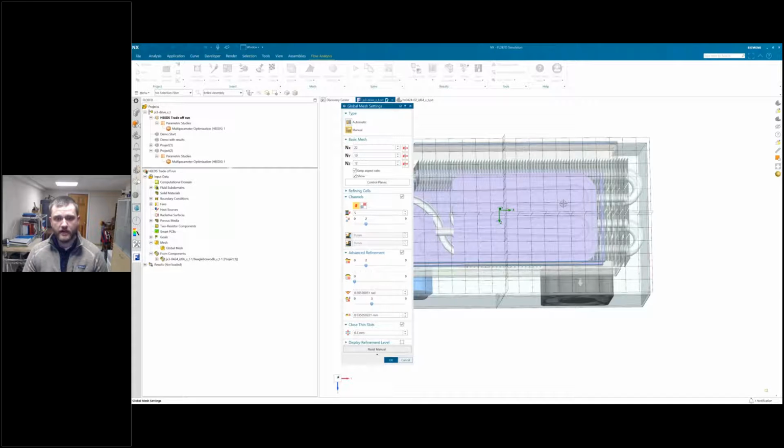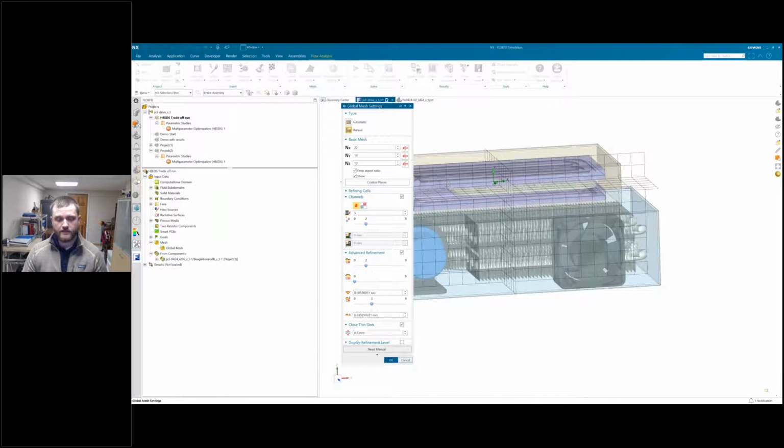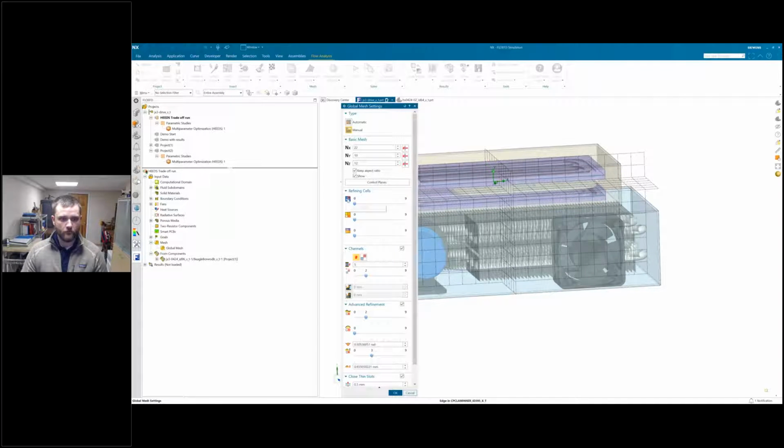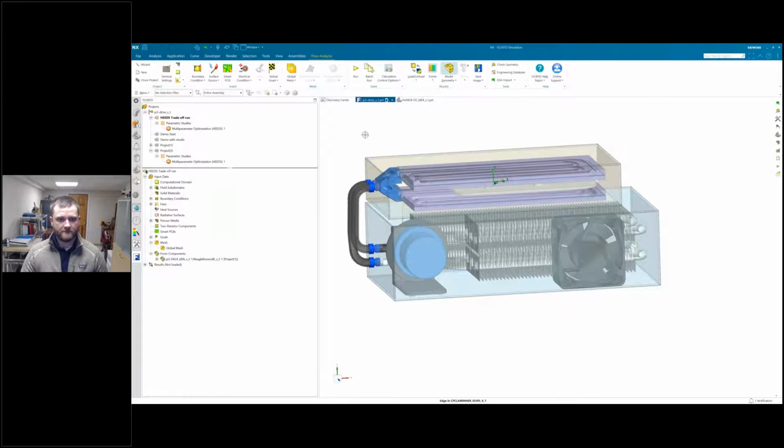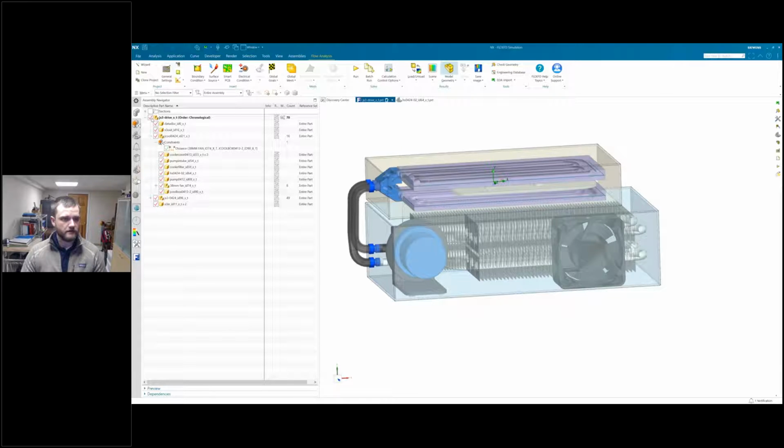We also have the ability to do a manual mesh to say if we want to bias it in the X, Y, or Z direction. We have the ability to influence channels more. We can do more refining cells on fluid cells and on solid cells, as well as fluid solid boundary locations. So it automatically detects that boundary location, even though the cells are one and the same. And we have some advanced refinement options here, as well as things for small slots. Today we've automatically generated our mesh using this third level, and we are showing our basic mesh here. Close that. I'll hide my geometry here so it's a little bit easier to see our mesh.